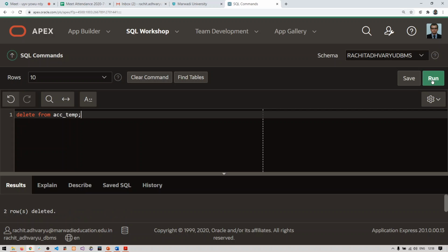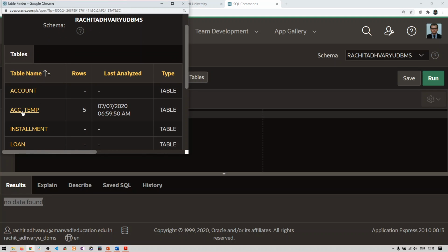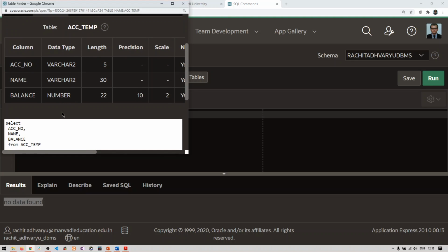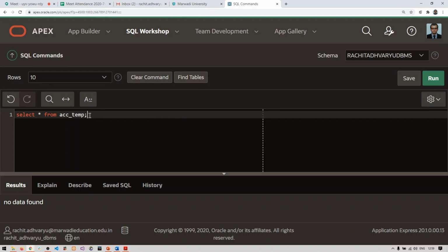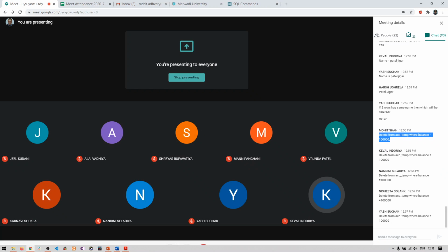See, two rows have been deleted without any condition. All the rows have been deleted. So if I fetch the data, you will get a message like no data found. See here, no data found, but still that table will be available in our database. Here it is. See, the table and its schema are already available. Only the rows, all the rows, have been deleted because you have not given any condition. Clear, guys? Everyone is clear with the delete command?